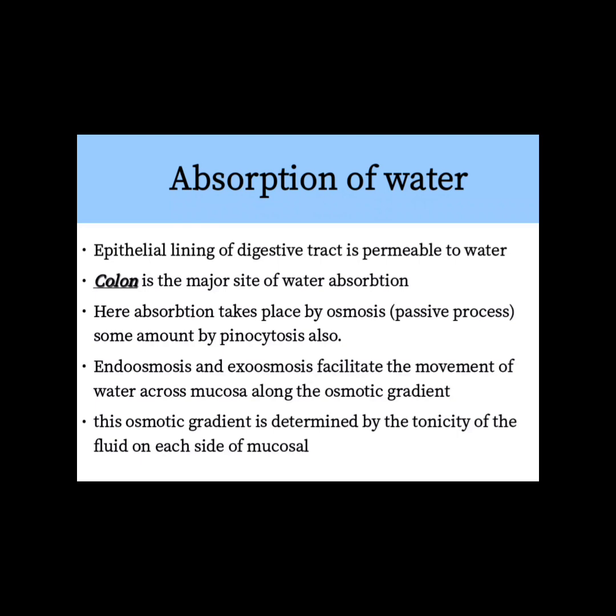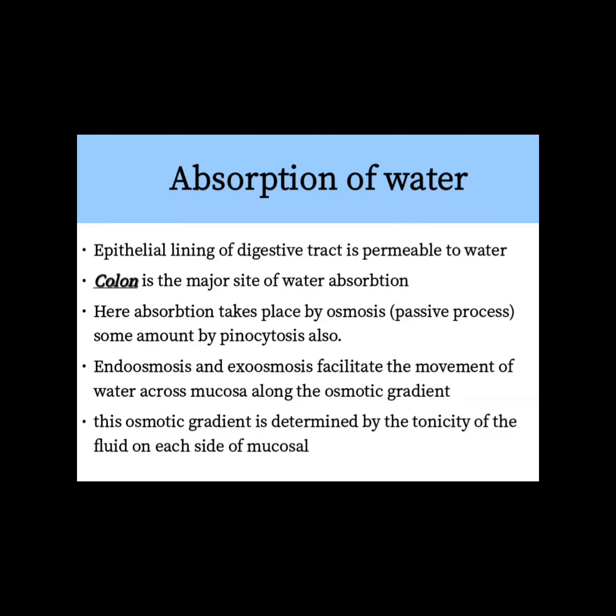And how does water absorption take place? By osmosis, that is the movement of water from higher concentration to lower concentration. Endosmosis and exosmosis facilitate the movement of water across the mucosa along the osmotic gradient. Another factor which determines the absorption of water is the tonicity of the fluid on each